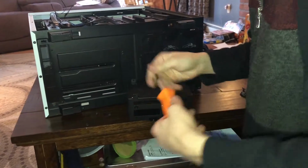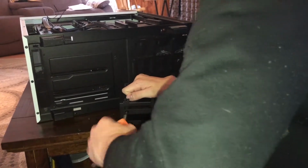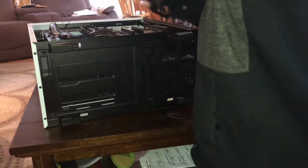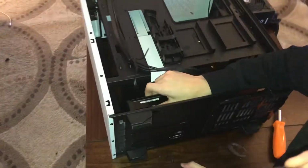And very simply screw it in. And now that you have that in, you can reinstall your drive bay, which is another very difficult task when you're doing this one person. If you have a drill, it's better, but I don't have a drill on me. I do, I just don't know where it is. So it's not on me, but...